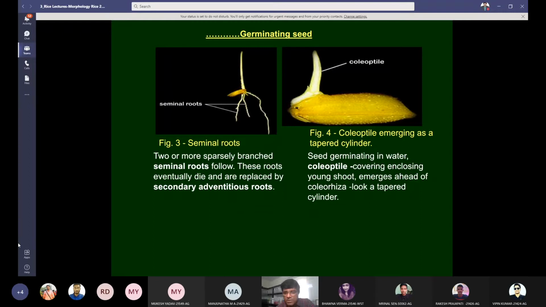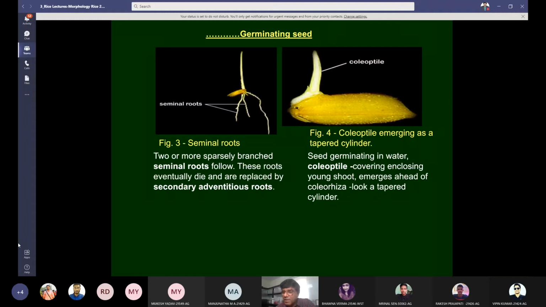Means first you have seen that coleorrhiza gave birth to the radicle, and radicle gave birth to the seminal roots, and seminal roots will be destroyed, and then the lower part of the stem, or the lower part of the seedling, will give you secondary adventitious roots.